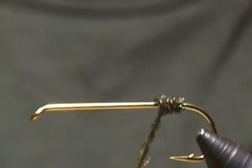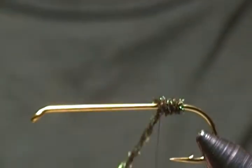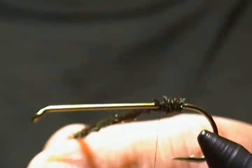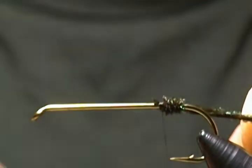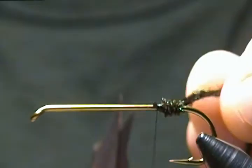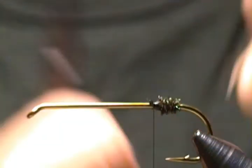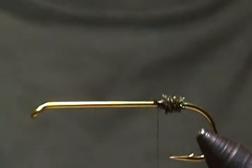Also, instead of just tying off with 1 or 2 wraps, even 3, and then snipping it and calling it quits there, what I'll do is wrap it that way, then also fold it back and make 2 to 3 wraps back before I trim. I just find that locks your material in and makes it much more durable. Then I'll trim, and then do my whip finish as I normally would,